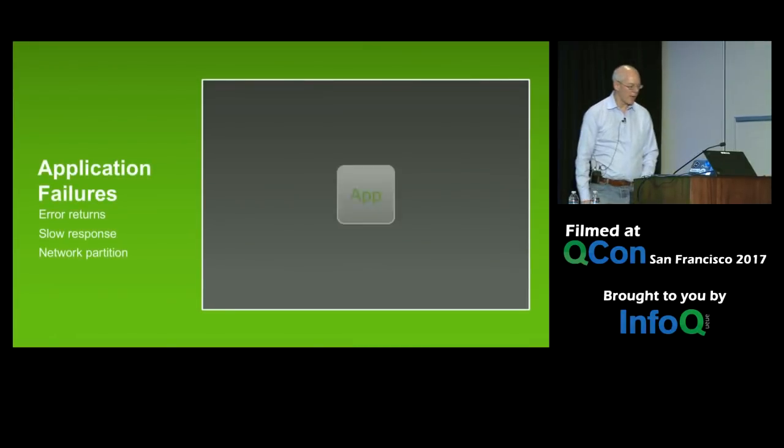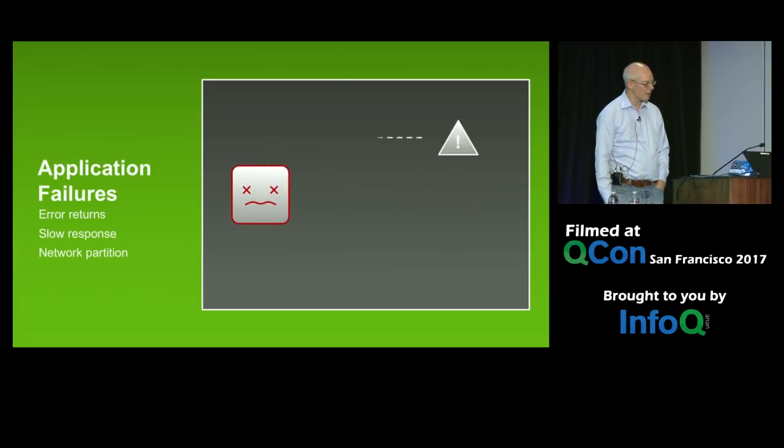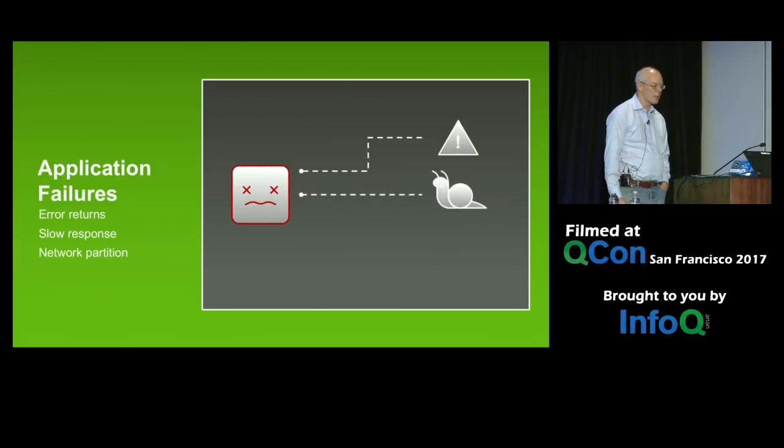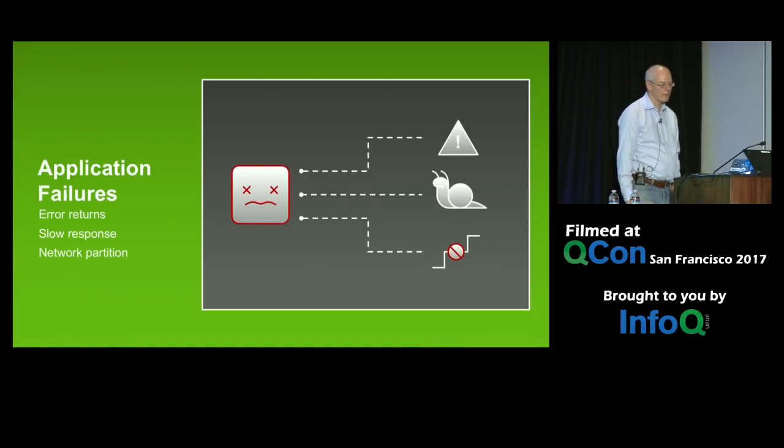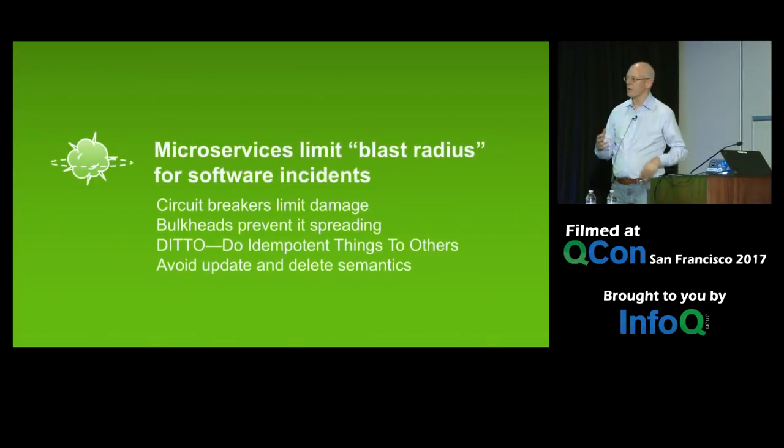Let's move up a layer, applications. So what happens if the application gets an error it wasn't expecting, or it gets a slow response, or the network connection drops? Does it crash? Does it fall over? Does it write the wrong data to the wrong place? You see all kinds of nasty behaviors. So that's a bit of a problem. We'd like to be able to test these things better. But with microservices, it actually gets a little bit easier.